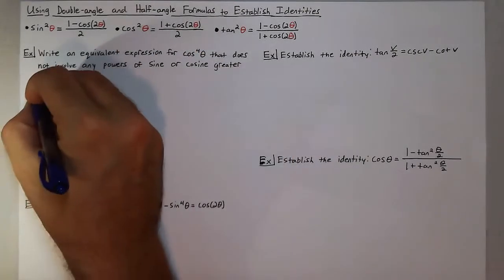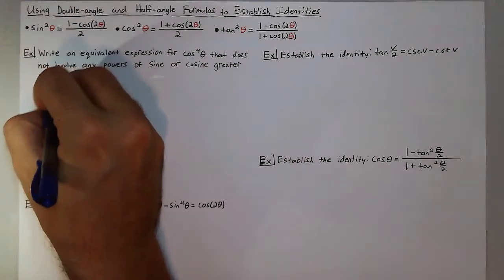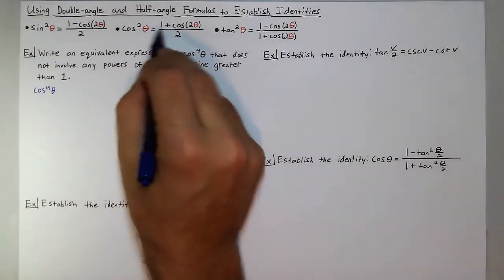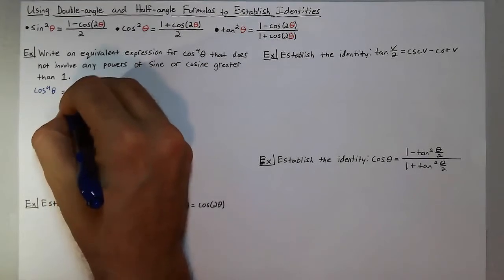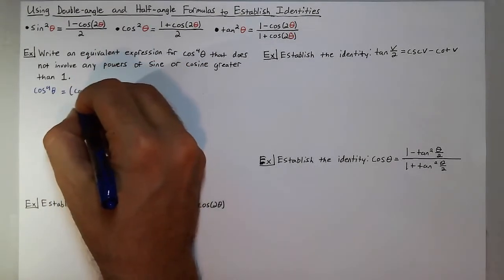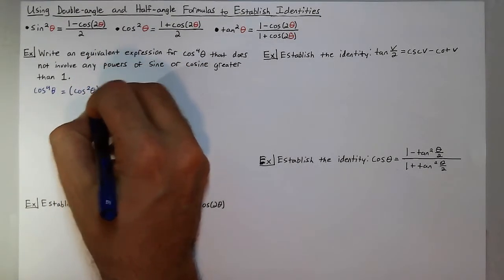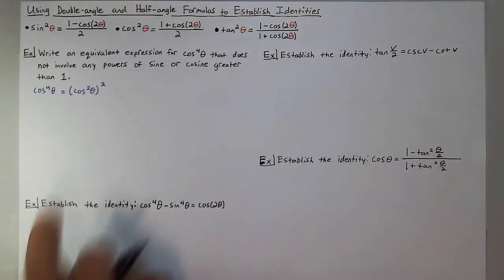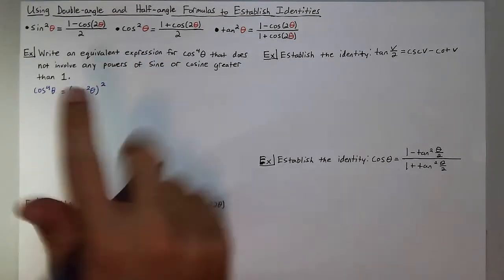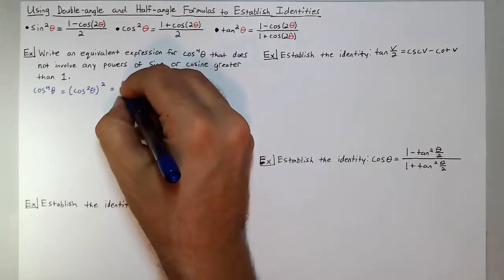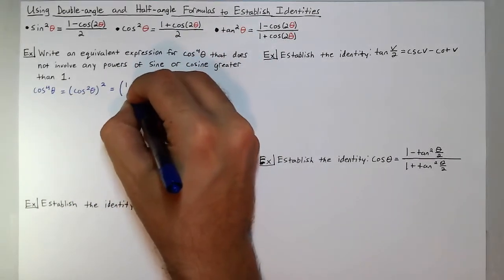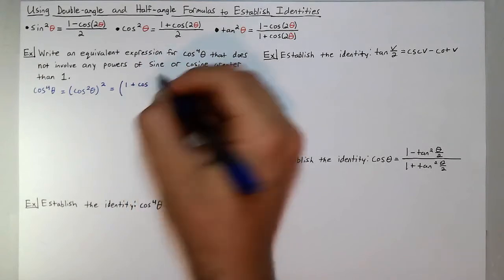So I'm going to write cosine to the fourth of theta. And to show how I can use this formula with cosine to the fourth of theta, this expression can be rewritten as cosine squared of theta, and that whole expression is squared. So there's that cosine squared of theta. Now I can replace cosine squared of theta with 1 plus cosine of 2 theta